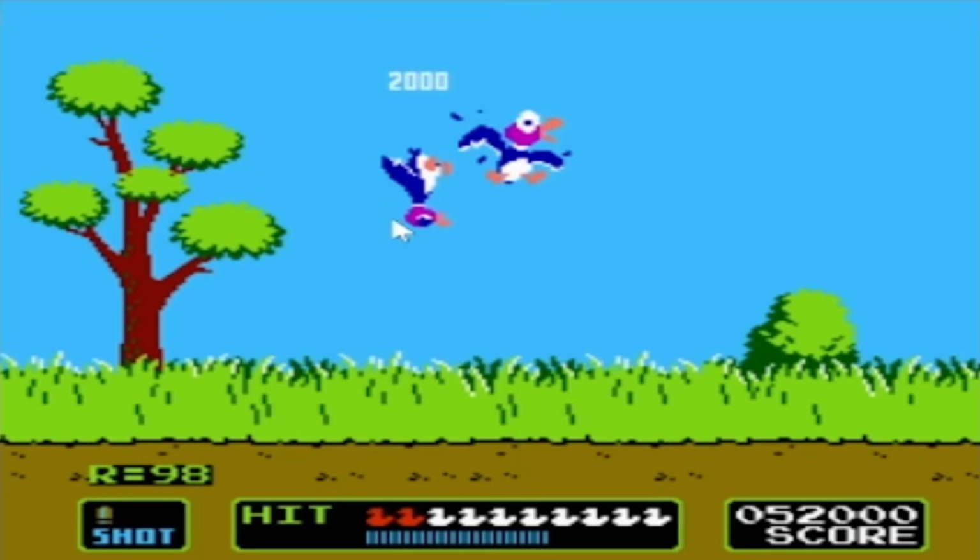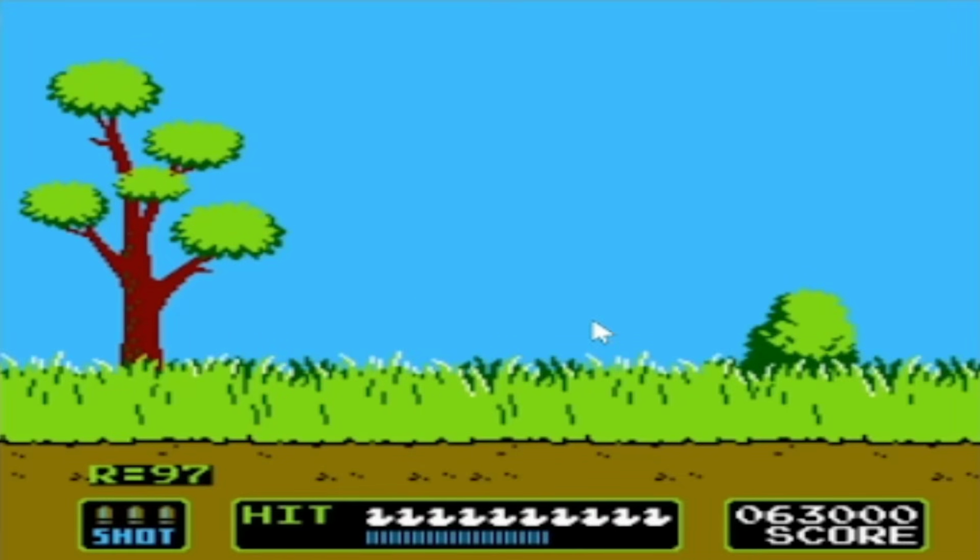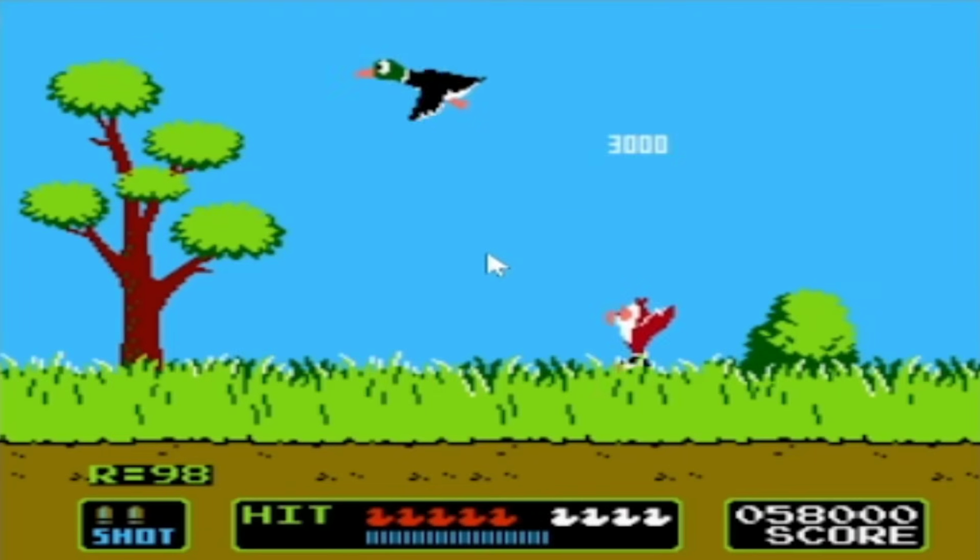So when I passed 99, it went to round 98, and then after round 97, and so on. It's kind of odd, or maybe it resets after you pass the game. I've never got this far before. I guess one way of trying this out would be to use the code